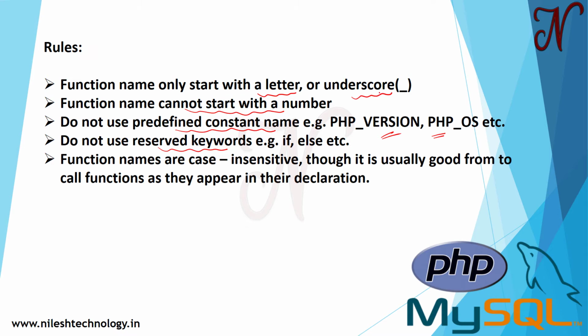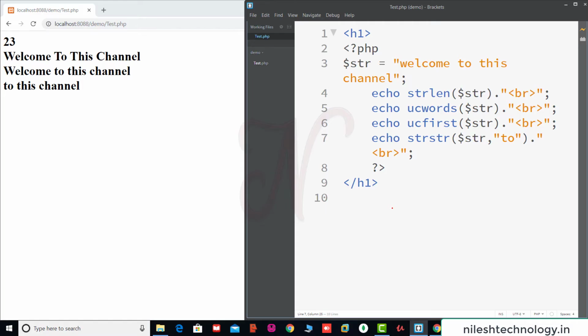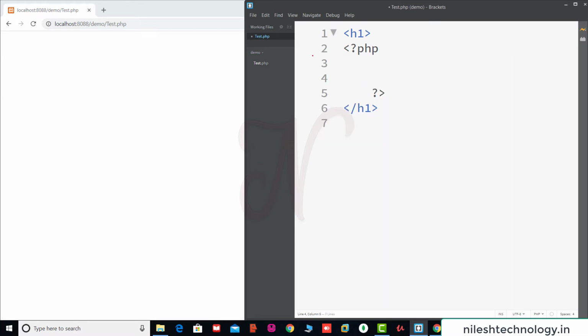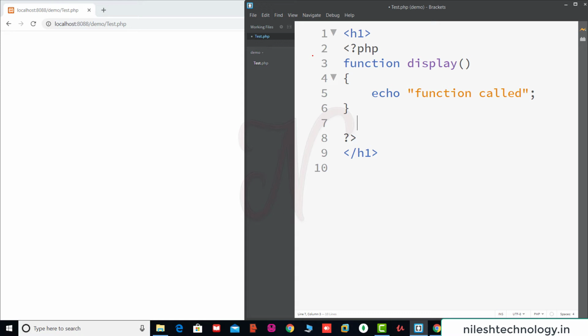So let's see one example. Going to program mode, here we remove this code, save. Here we define one function. Use the function keyword, then one function name, for example display, and here is one message with echo. Then we call the function display, semicolon, save. See here the function call. This function doesn't have any return type, and there is no parameter. So this is the function definition, and this is the function calling.